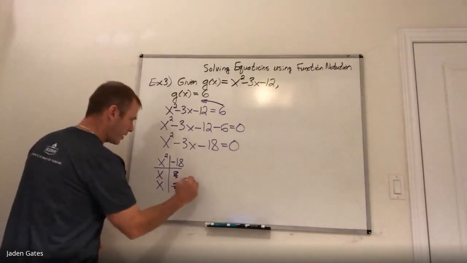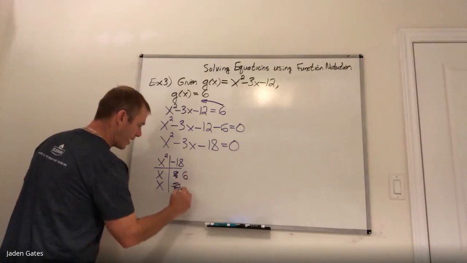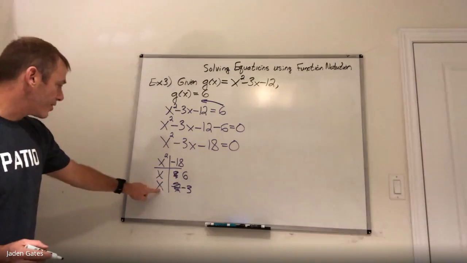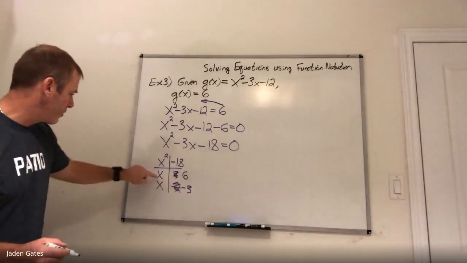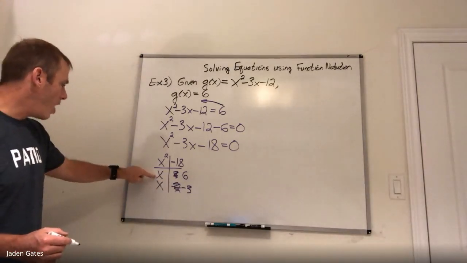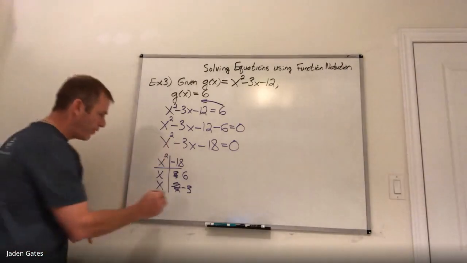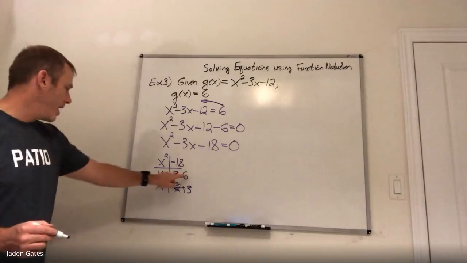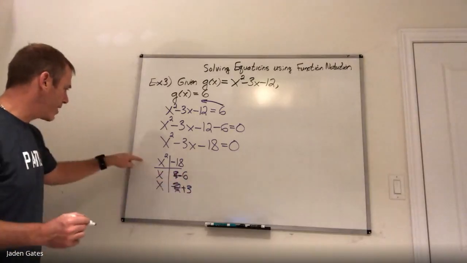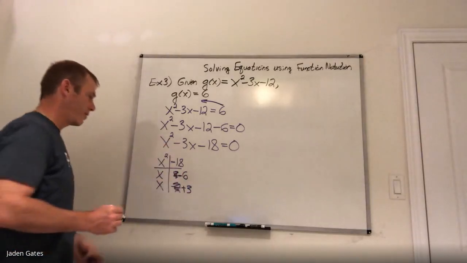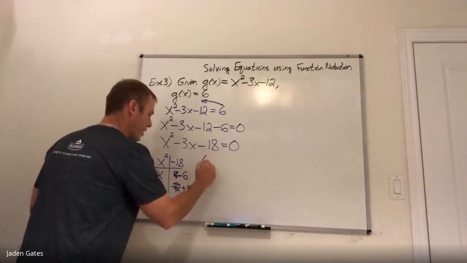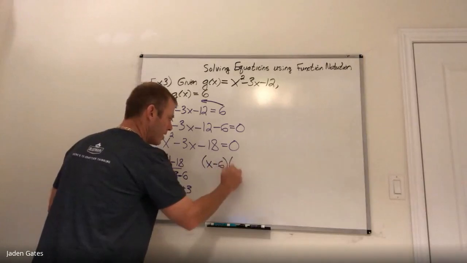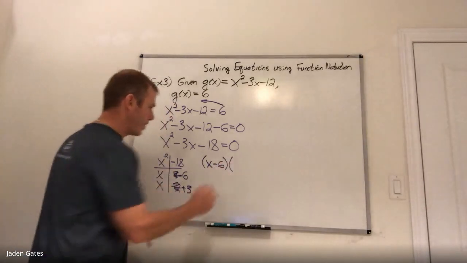Let's try 6 and -3. I have 6 times x, which is 6x, minus 3x. That's positive 3x. I want -3x. Well, if I switch the signs, that'll work. So now I have minus 6x plus 3x. Now I have minus 3x. So when I factor this now, one of the factors is going to be x minus 6, and the other one's going to be x plus 3